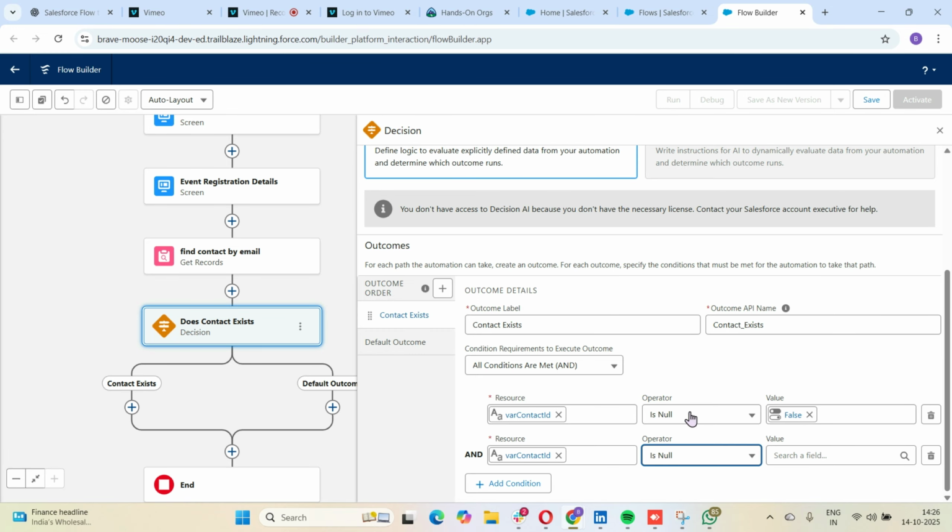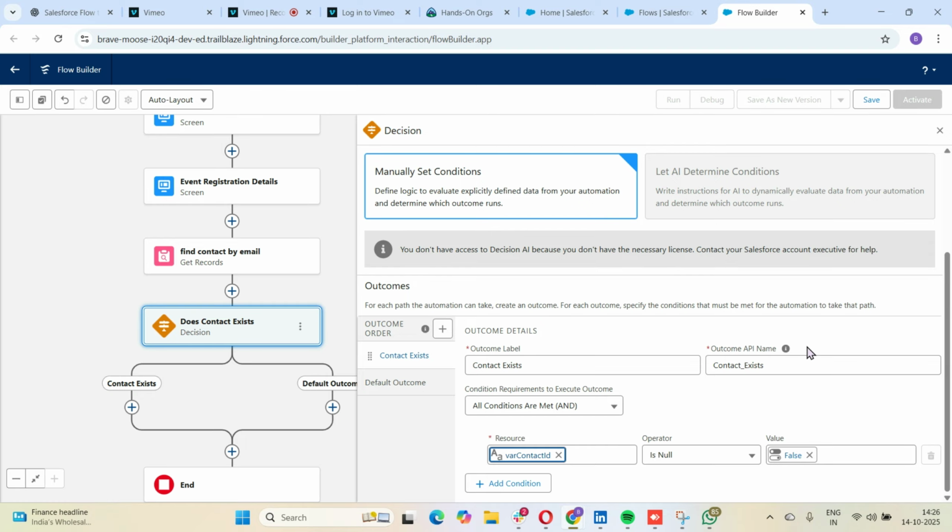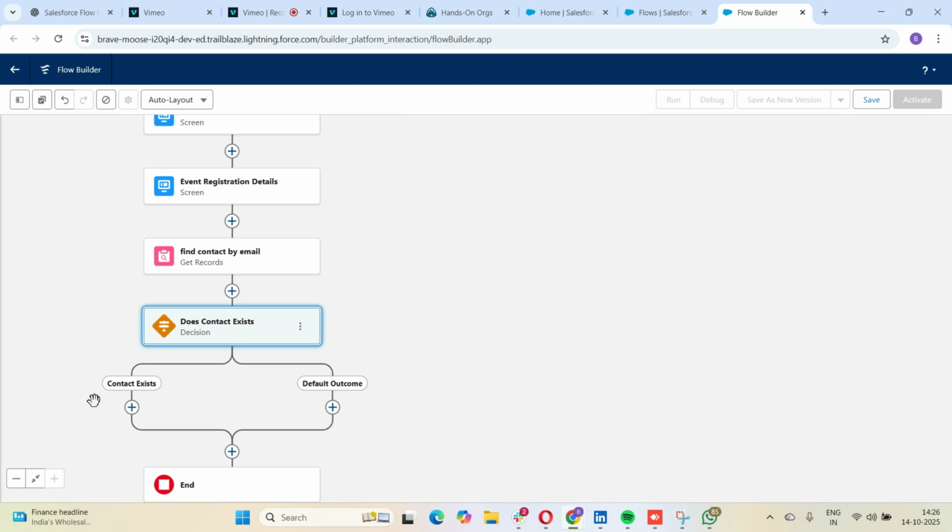Okay, so that's how this is. Let's just remove this. Now we are done with this. Okay, now we need to connect all the paths. Okay, decision contact existed. If it skips create and then create event, create ticket,